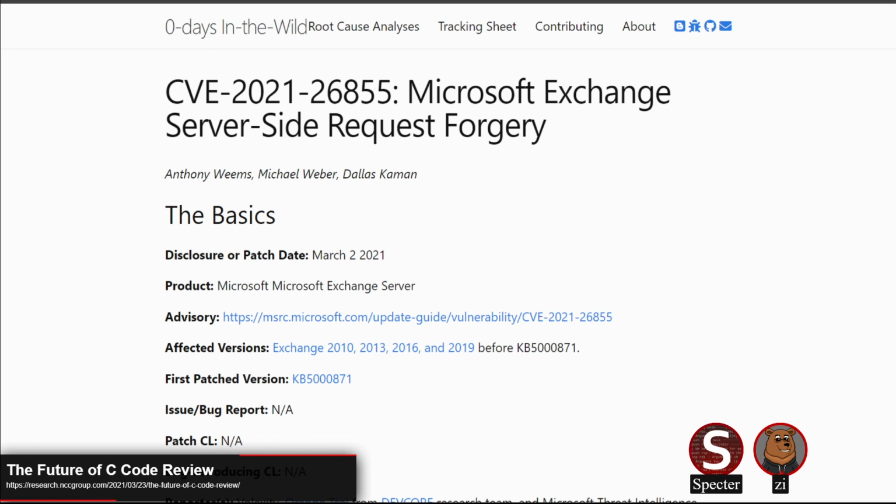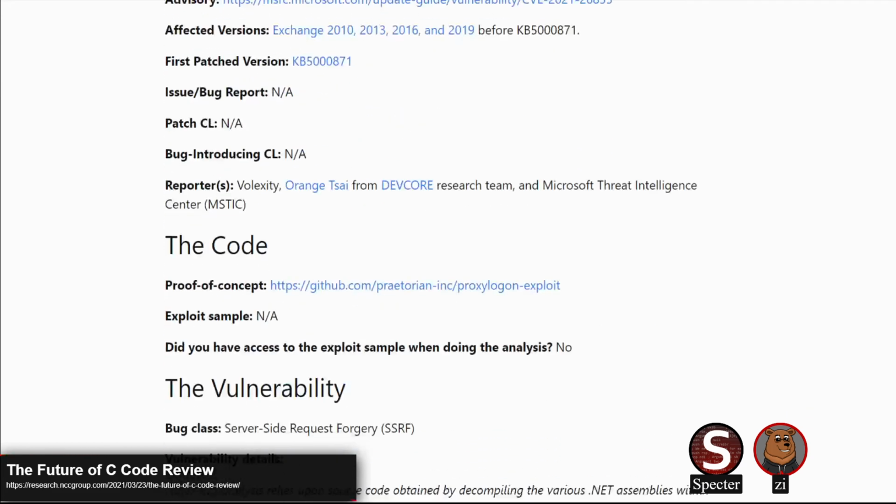One of the root cause analyses. We talked a little bit about the Microsoft Exchange stuff and the vulnerabilities there. We didn't dive into the details of the vulnerability because we were waiting on them. They said they would release a paper with the technical information about the vulnerabilities. As far as I'm aware, that hasn't happened yet. There have been some other write-ups, but Project Zero has also released one of their in-the-wild write-ups about the server-side request forgery.